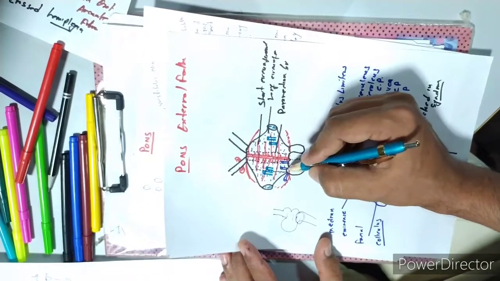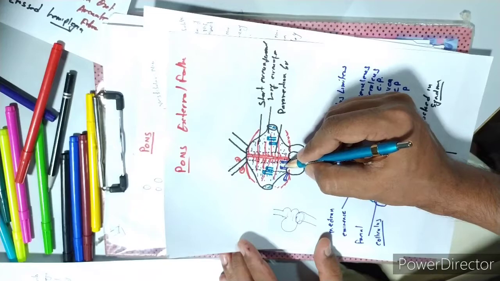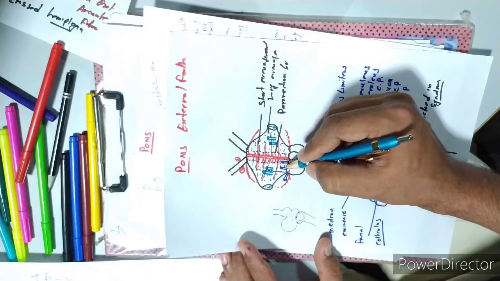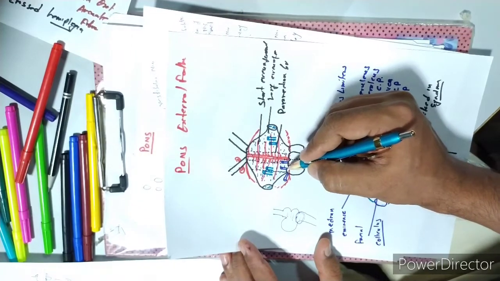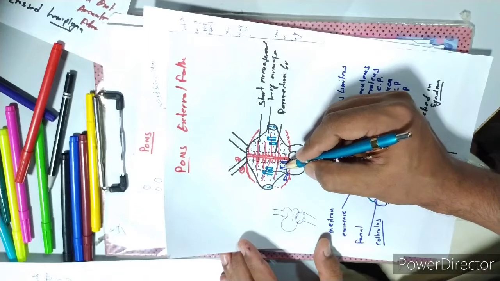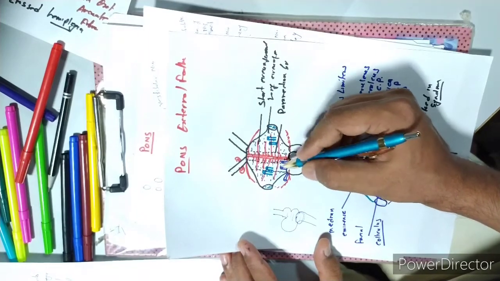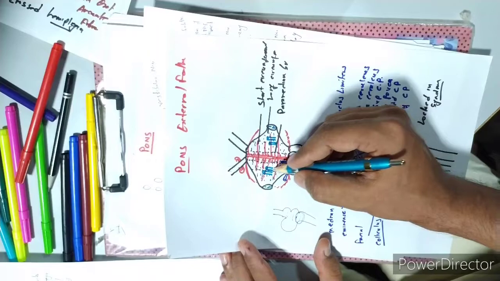And the last manifestation is when the facial nerve is affected. So facial nerve paralysis occurs, a lower motor neuron paralysis, meaning half of the face is paralyzed on the same side. So these are the manifestations of the